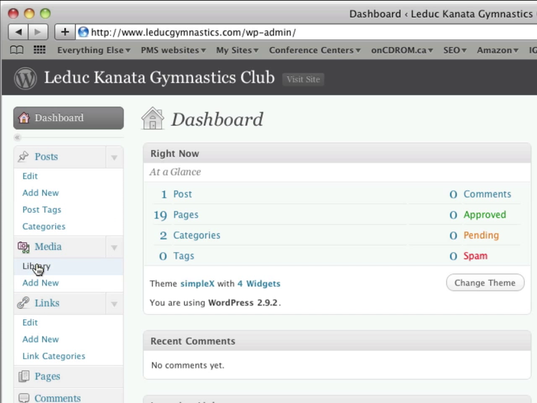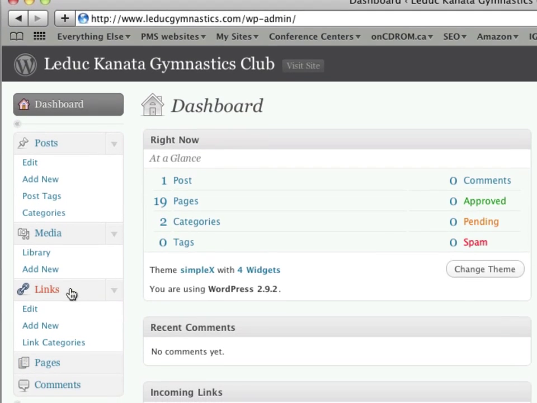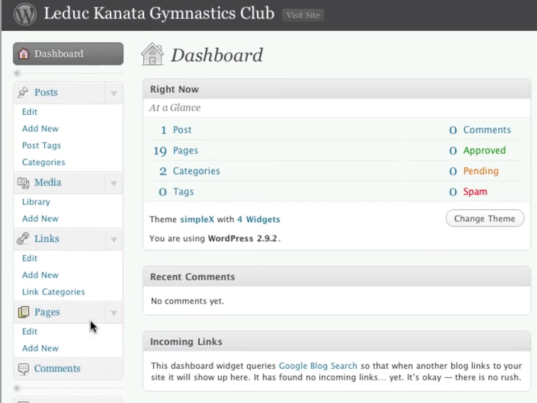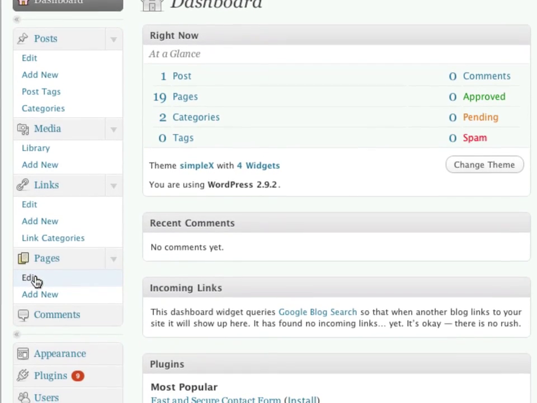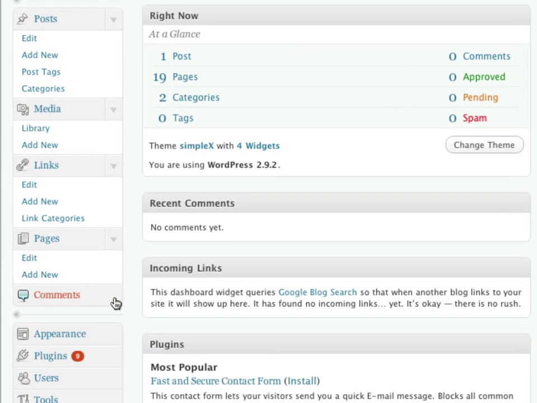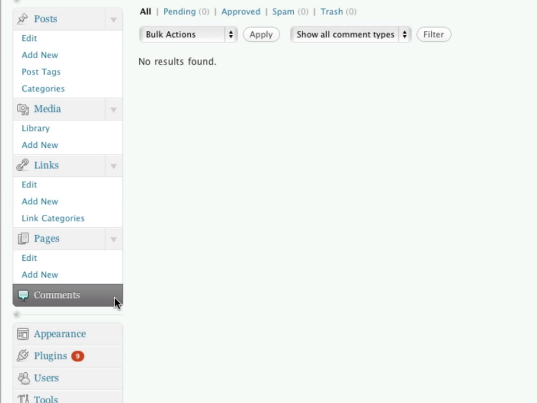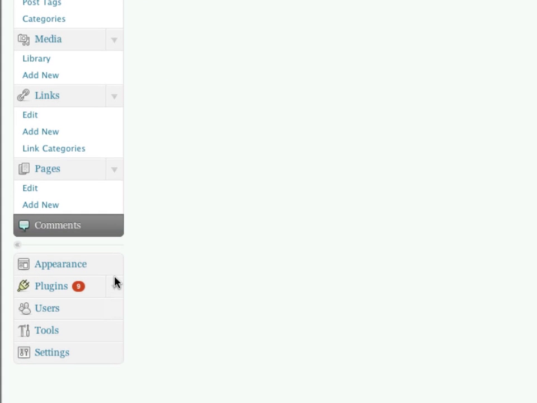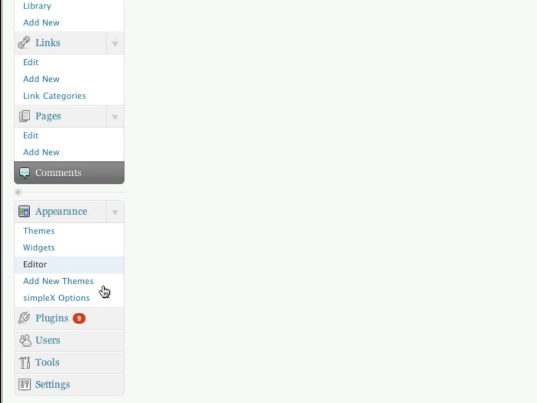Any kind of media you've uploaded is going to be in here. If you have special links you want to add to the site, the website has a number of pages, so you can edit those pages here. Sometimes people want to make comments on your pages, although I think in your case we're going to keep most comments turned off. Your appearance. You'll never want to change this stuff because